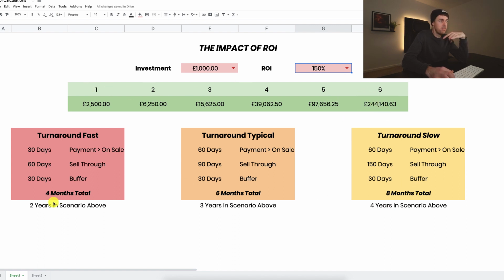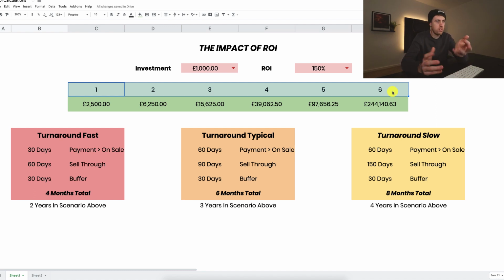And as you see, in these scenarios here, I've put the timelines in. So a fast turnaround, so 4 months total from putting the money down to getting that money back, which is quick, and you shouldn't expect to do because that's a bit unrealistic. But if you got everything right, if you did air shipping and you sold your product through really quick, then that's kind of a short turnaround. And what this scenario in terms of 6 investment cycles represents then is 2 years. And the typical is 3 years, and the slow turnarounds, it takes like 5 months to sell through this product. Then this investment cycle is going to take you 4 years. So that's what that represents, right? So it's 2, 3, 4 years. And again, not an exact time frame, but just to give you a bit of an idea.